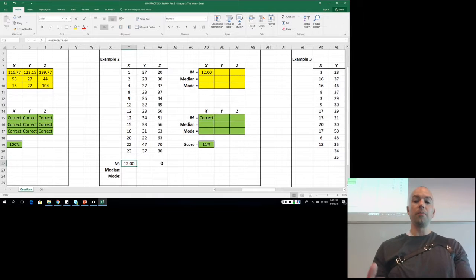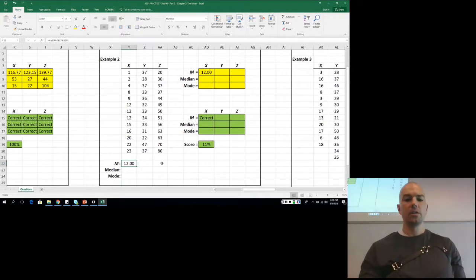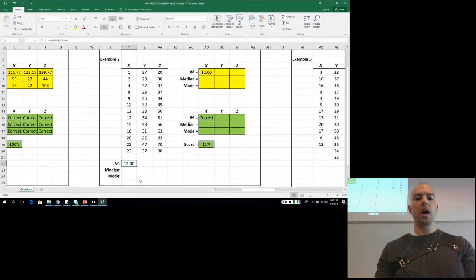Here we go. So what you can do whenever you're dealing with a formula is you can copy the cell that formula is in and then move it to the new location and paste it. And Excel will recalculate that formula with the new numbers. So for example, we have the mean for X right here. We can copy that,